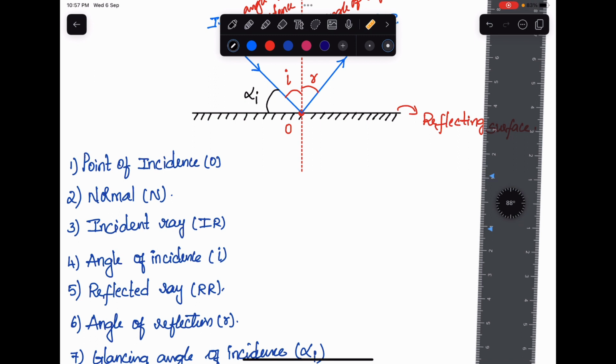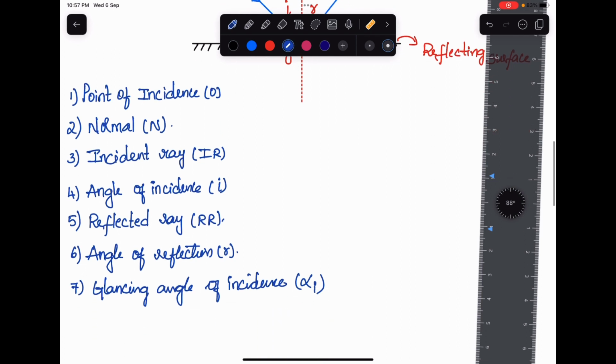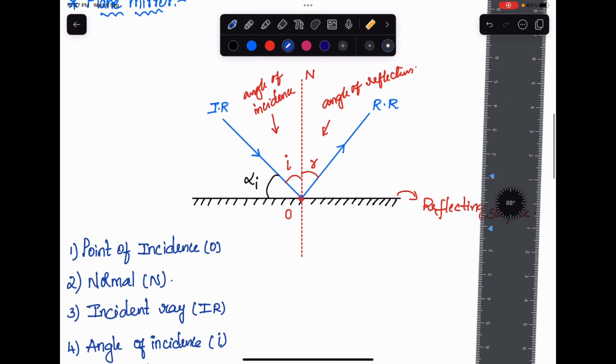And the next one we call the glancing angle of reflection. Yes, what you guessed is correct. It is the angle made by the reflected ray with the reflecting surface or mirror, and it is called the glancing angle of reflection